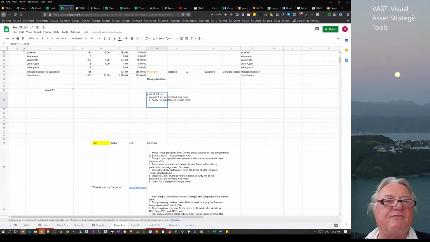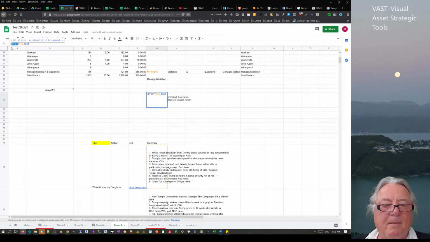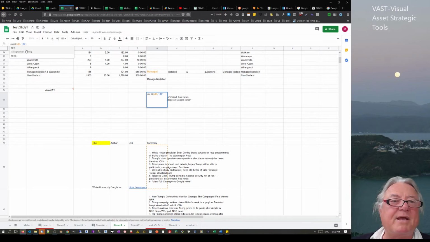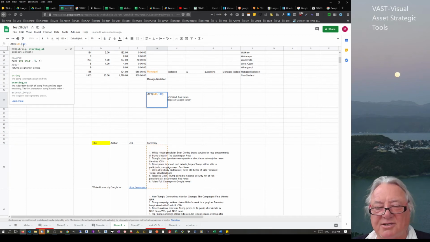So what do you do for the middle? So you can actually use, guess what? Mid. Now let's just go and look up mid and see what mid is. Mid is string starting at an extract length. So we've got the extract length of 100. So we can actually say the starting point is, we'll say 10,